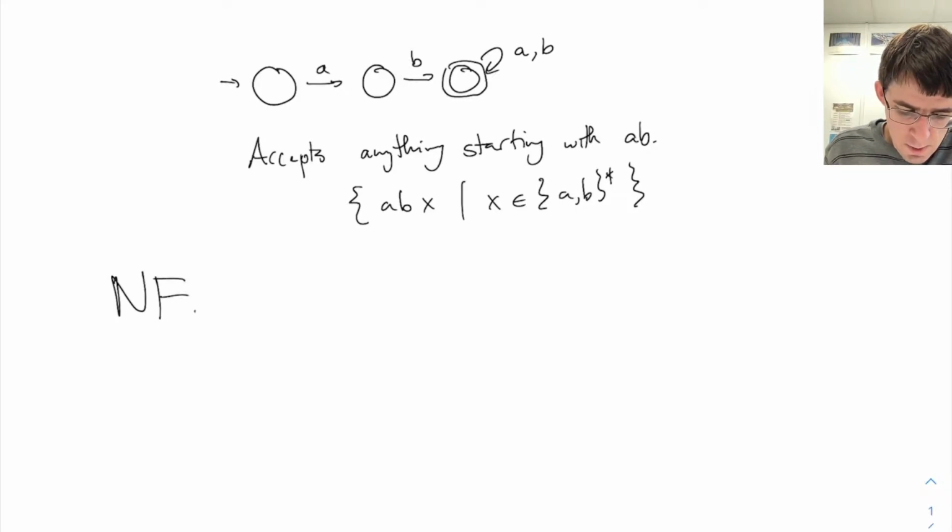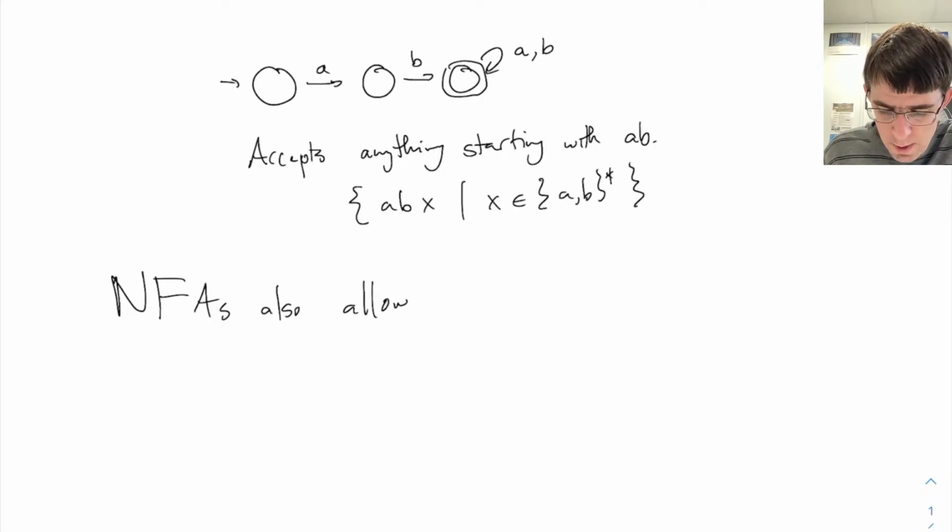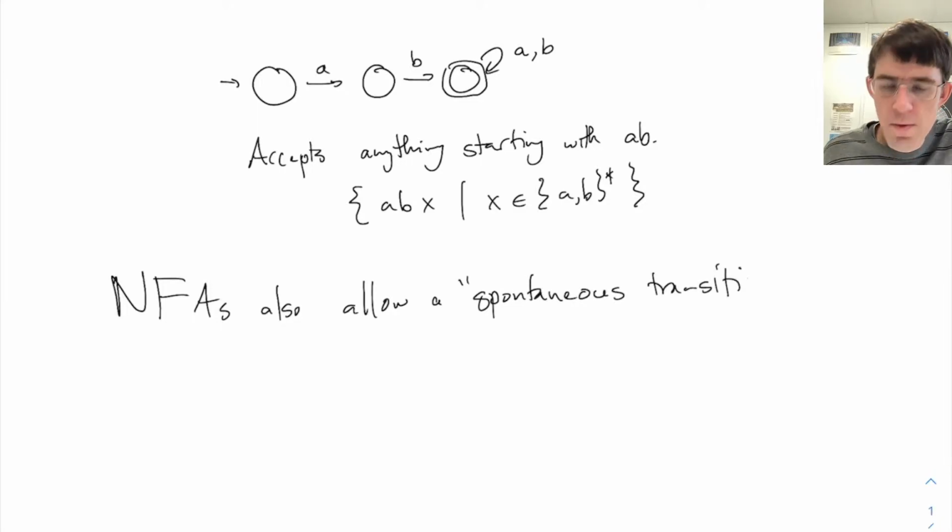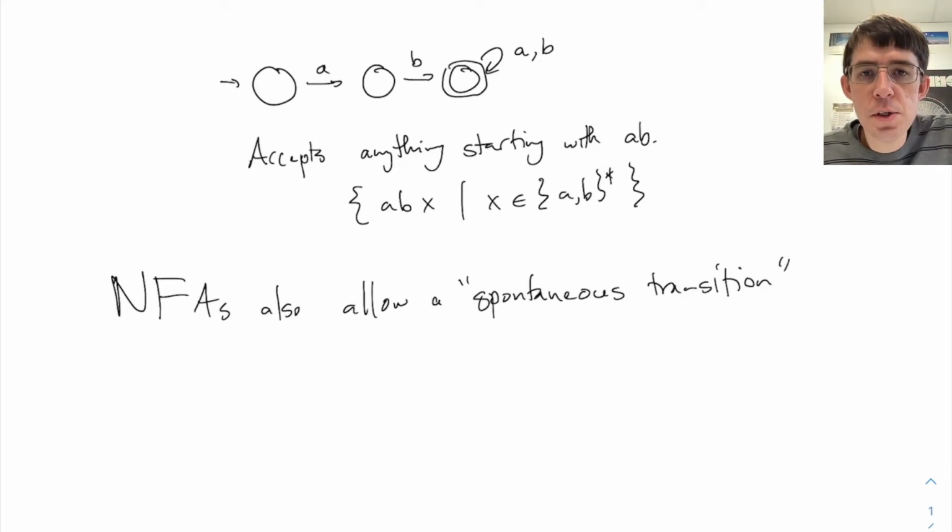NFAs also allow what's called a spontaneous transition. This is when the machine does a transition, like an arrow, without reading any letter from the string at all. It just does a transition just for fun, without using up any of the letters in a string. These are also called